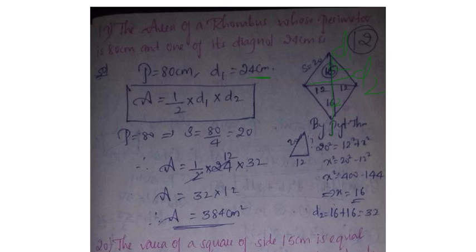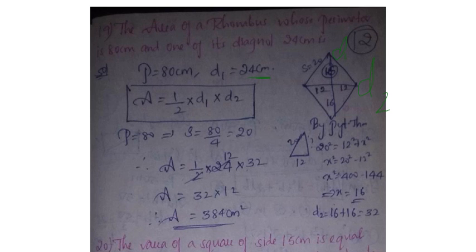Okay, here in this question what I have assumed, see, I am thinking this is D1, this is D2. This one I am assuming as the second diagonal D2. Total is 24 centimeters. These are equal sides now, this side and this side. So one side will be 12, the other side will be 12. D2 equal to 12 plus 12 is 24.